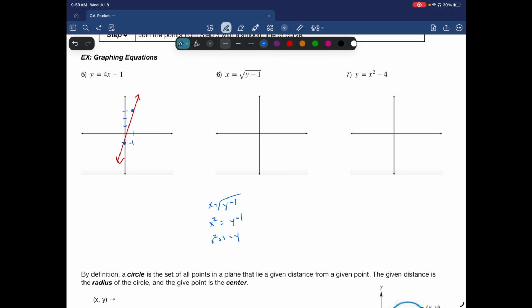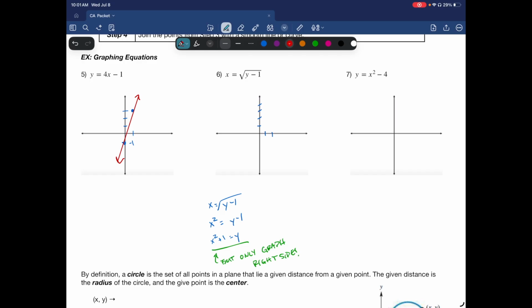So it's only the positive version, which means it's only the right side. Okay, so we draw a parabola. We have, let's see, 1, 2, 3, 4. All right, so normally a graph of a parabola would start at 0, but because it says plus 1,